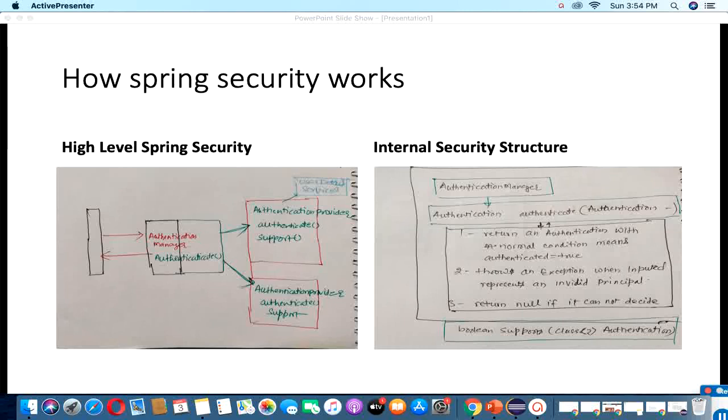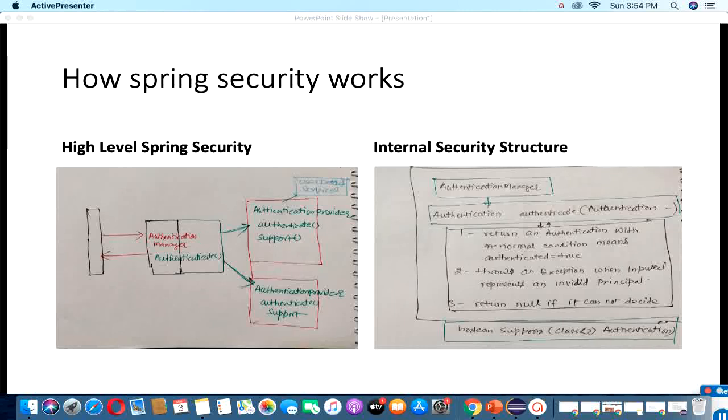First the supports method will work. It will check whether the requested authentication is supported by this authentication provider or not. If it is supported, then the authenticate method will be called. The authenticate method checks all the user details like user ID and password, and it checks whether this ID and password match in the database or in memory or not.